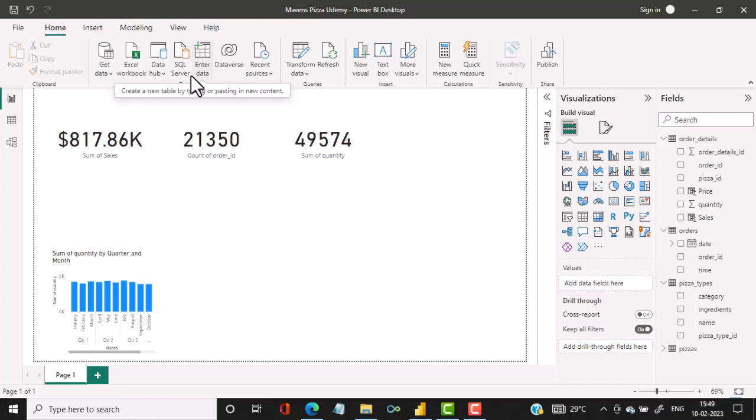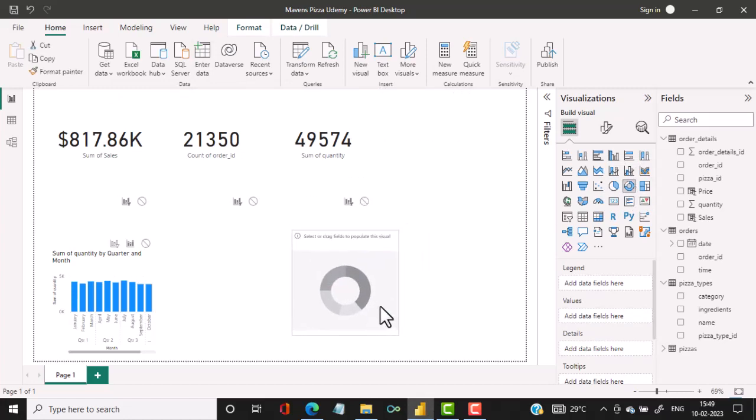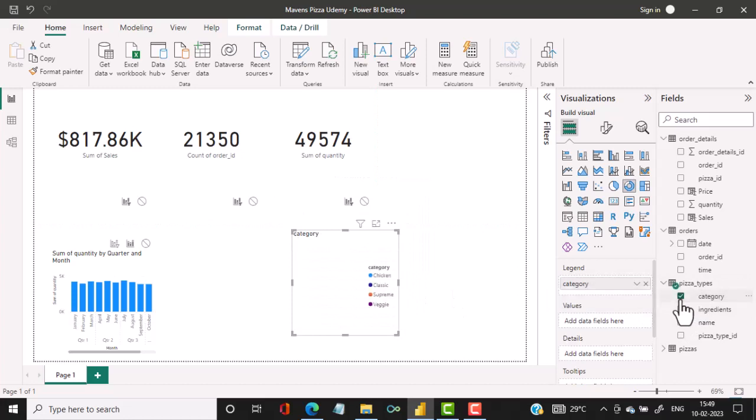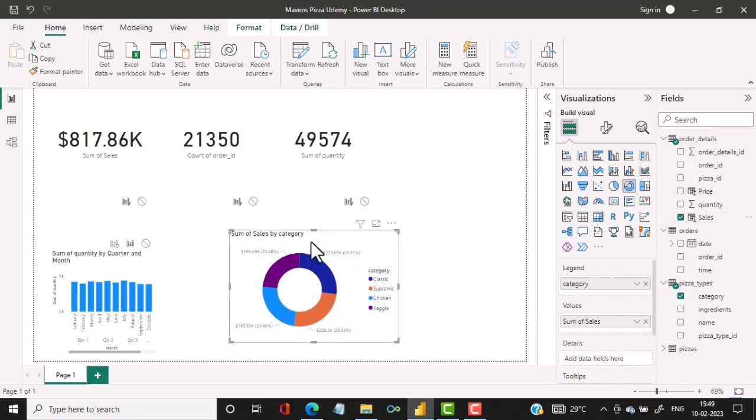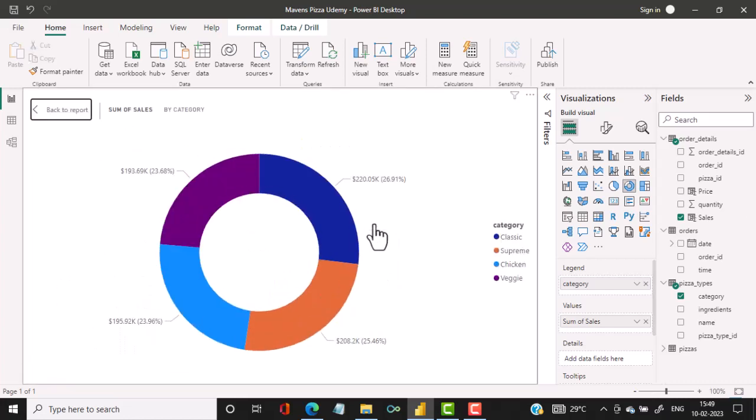So I want to know various categories like chicken, veggies, supreme. How are the corresponding sales for that? So in order to do that, I first click on the donut chart, and then from the pizza types I select category, and then from order details I select sales. So I get the graph, and if I click on focus mode,